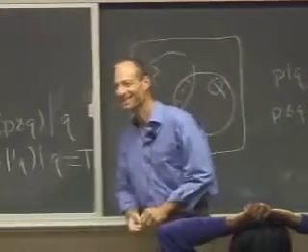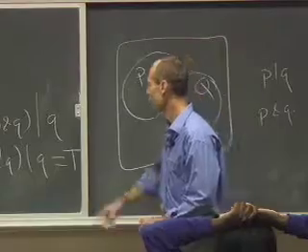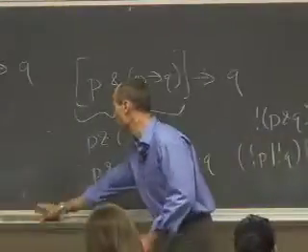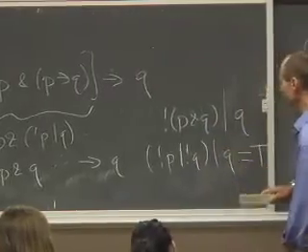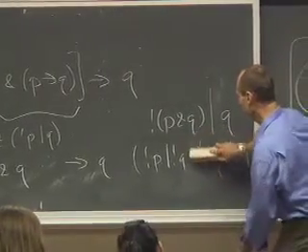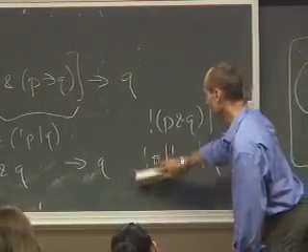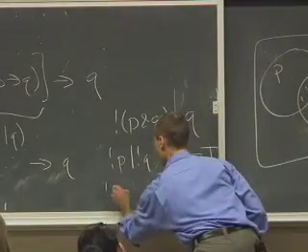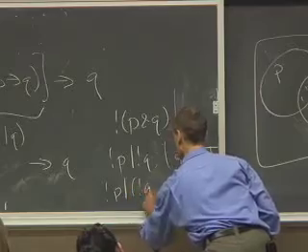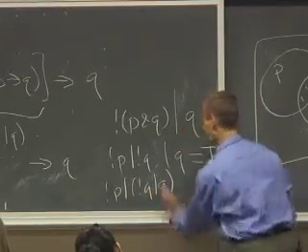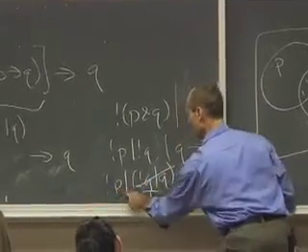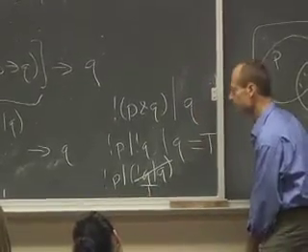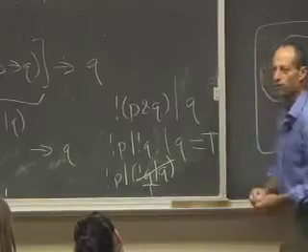Yes? Can you go over the last one again, just why not P or not Q or Q? Sure. Remember, for or, the parentheses are really redundant. So we could actually group this way. This is not P or not Q or Q. That's true. Anything or true is true. So that's true whether P is true or false.